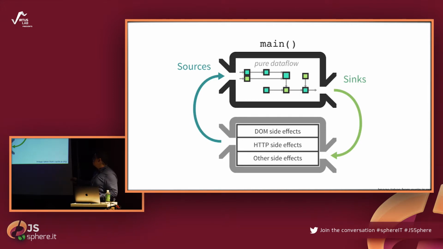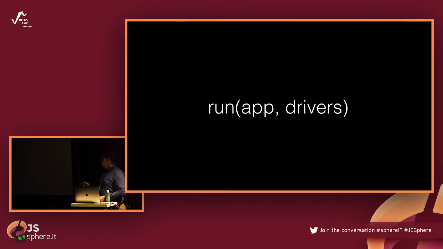And then again, when something changes on the DOM or HTTP or somewhere else, you again receive the source, and then your application reacts. So this is how it works, just circling around. And in CycleJS, this is the main functionality. You just have one method called run, and then you pass your main component, and you also pass the list of drivers. So app is just a pure function that should do something with the stream, and drivers are just an object,